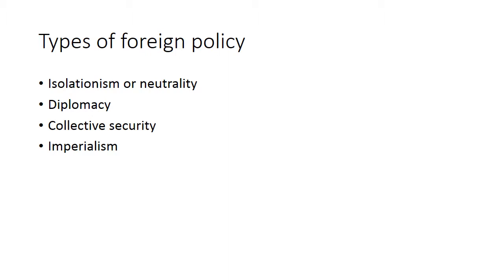Then comes collective security. It means groups of countries work together against any nation that threatens their peace or security. Then comes imperialism, creating an empire by dominating the nations around you. So many different groups of countries work together against any nation that threatens their peace or security. It is basically